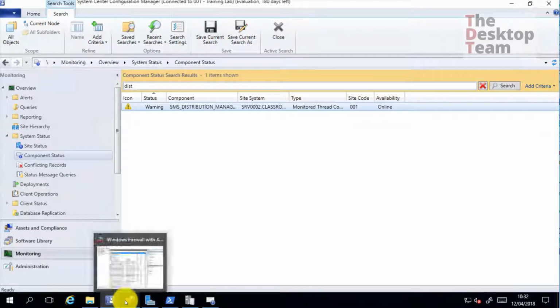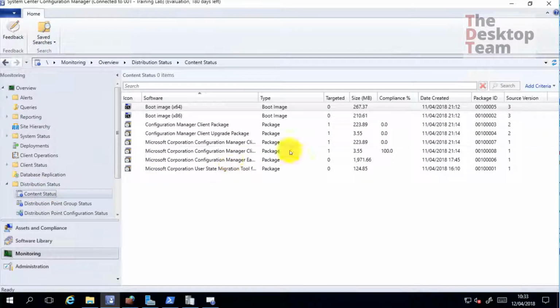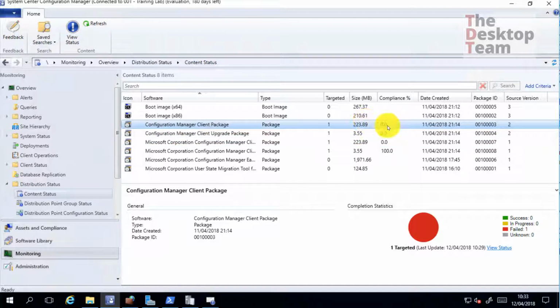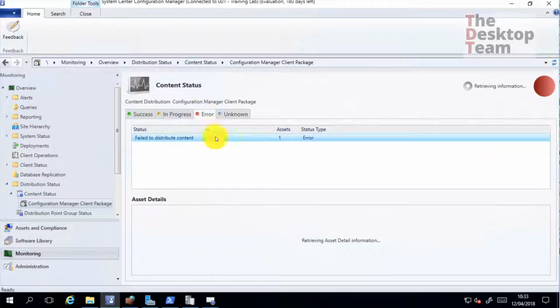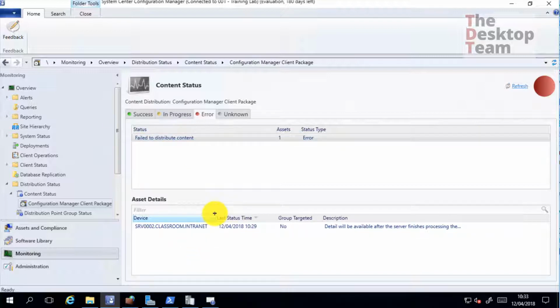Right now, what I'm going to do here, let's go to monitoring again. And we see here down distribution status, content status. Now we see exactly 3 packages fail to be distributed. So we have one target. And if we click view stats or the link here on the bottom, we can see exactly, and now we got error. We can see here exactly what failed and which distribution point. So let's just leave this for half an hour and it will pick up, and this will be all green